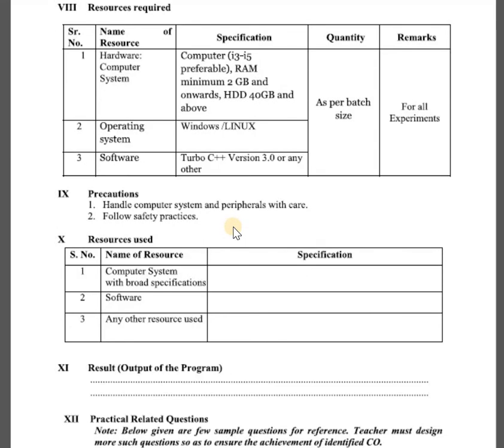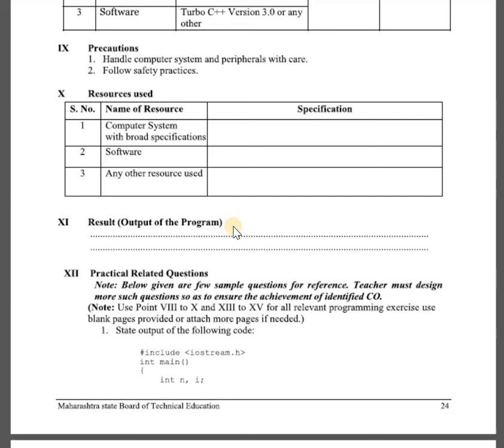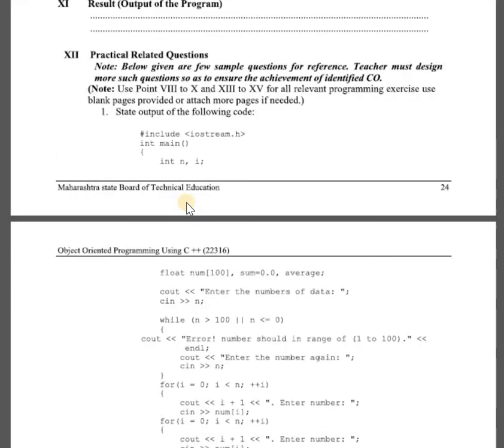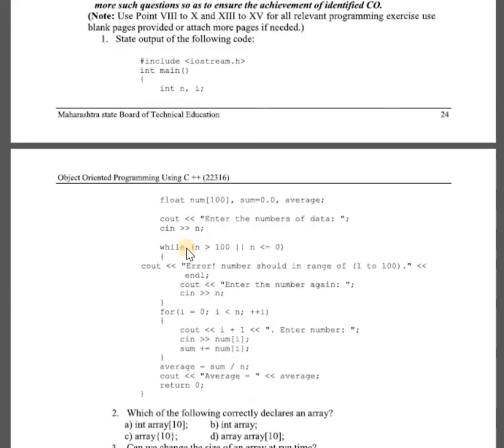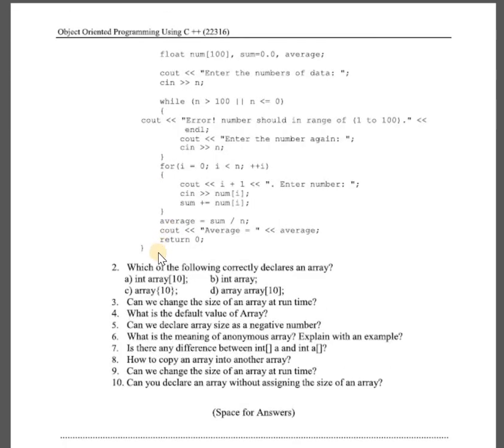Now you want to solve these questions. Here you want to find the output, and after that you want to solve these questions. For example, what is the second question? Which of the following correctly declares an array? What is the correct declaration syntax for defining the array? See the options: int array[10], int array{10}, array[10].